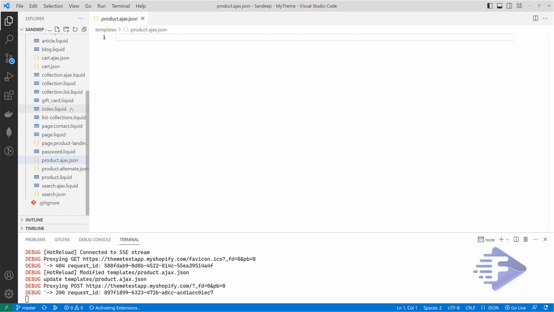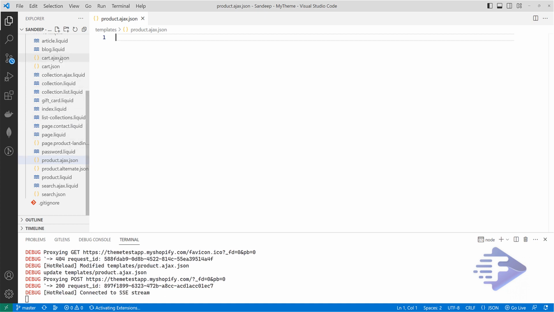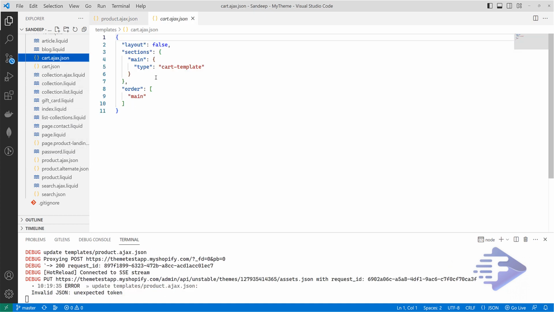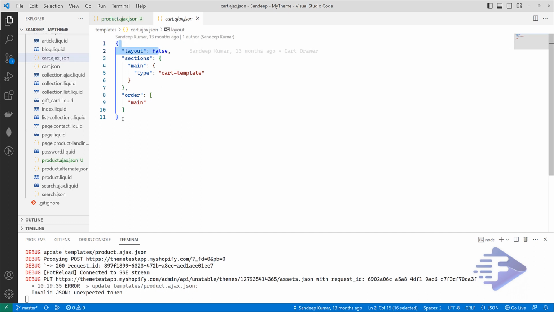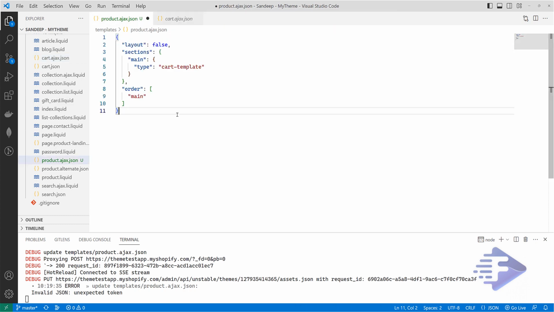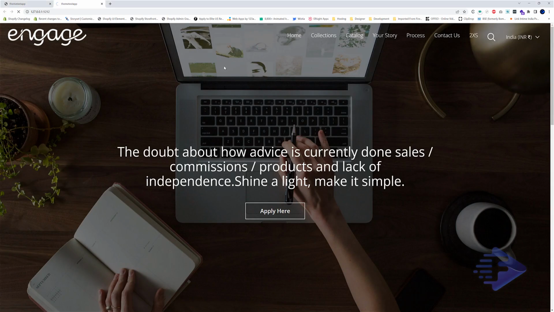So it will be the same as before, just like the cart one. We will have no layout or anything. So I'm going to copy this one and paste it here. So layout false means there will be nothing for the layout. Let me save this one and show you.